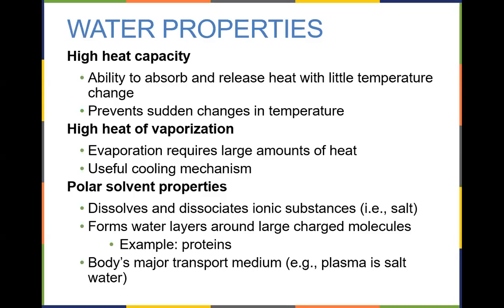We have layers of water around our cells. We have plasma that leaks out of our blood all the time, carrying oxygen, carrying glucose and carrying hormones and other proteins, and the plasma leaks out and becomes interstitial fluid, and those ingredients are absorbed into the cell. Water is our transport medium. It carries the red cells and the white cells and the platelets and the hormones and the proteins and the sugars throughout our body. The liquid portion of our blood is nothing but salt water. We call it plasma.